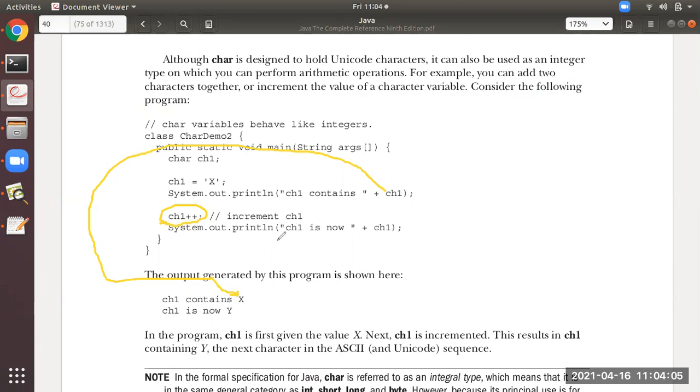So now the next println of ch1 is 89. Because the data type of ch1 is char, this 89 will give you the ASCII alphabet for 89, that is Y. I hope you all have understood this.